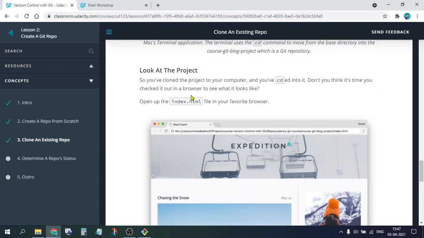Okay, look at the project. So you have cloned the project to your computer. We have cd'd into it. Don't you think it's time it